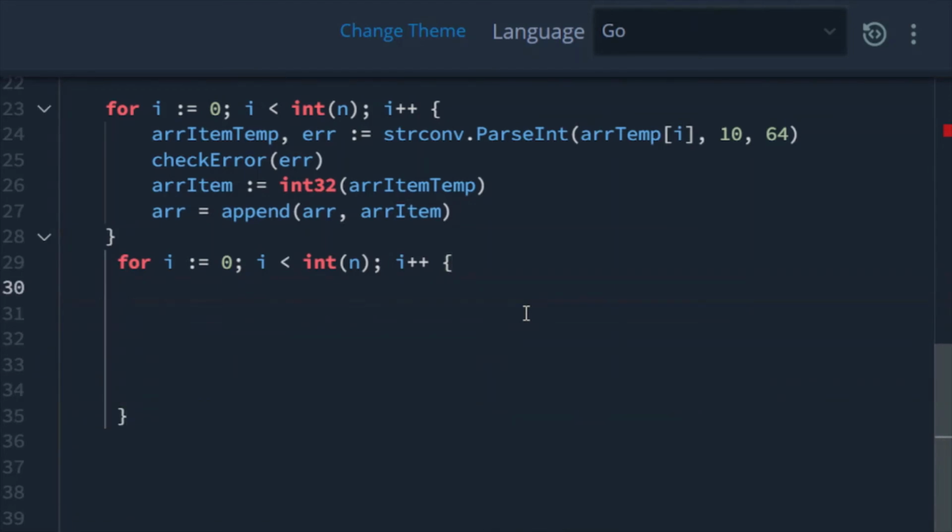In the loop, I will initialize i to n minus 1, and i should always be greater than or equal to 0, and here I will do i minus 1.